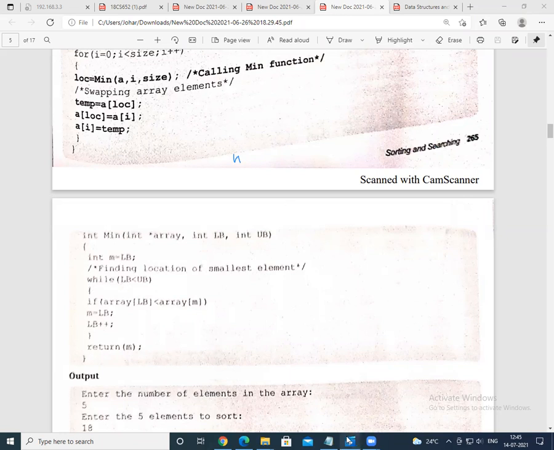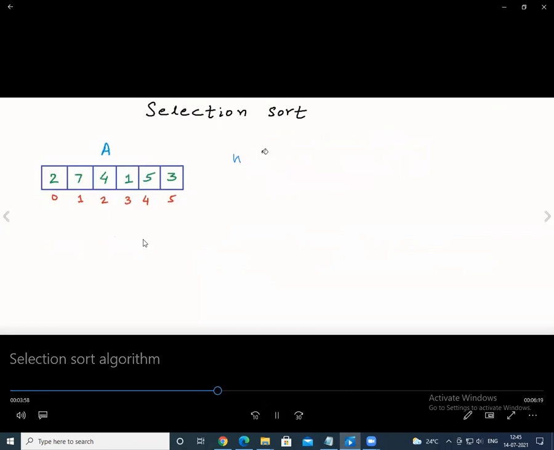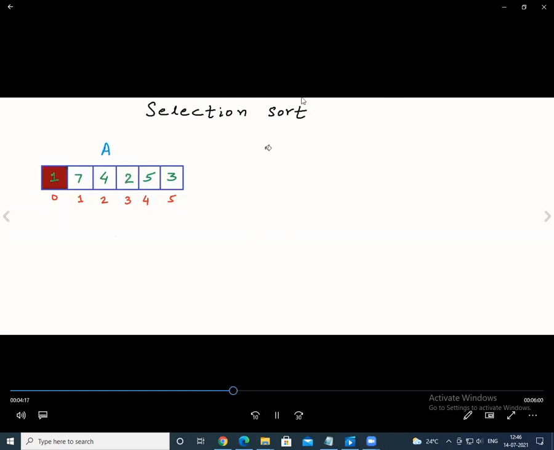If you want a clearer picture of what I explained right now, see here. Previously, 1 was the minimum element.